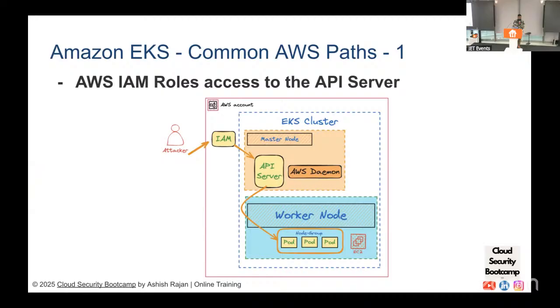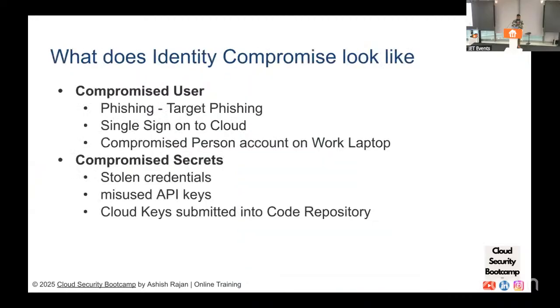So this is just a representation diagram, but essentially this is what I'm talking about. The number one reason was a compromised user. Now most enterprises have single sign-on. People know what single sign-on is? Awesome. Now phishing, if you can imagine, you can access someone's Office 365, and because AWS, Azure, Google are all web portals that you can access from any website, if you don't have protection for single sign-on from a specific URL or network protection,